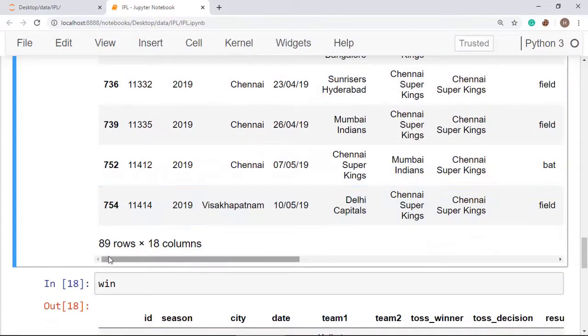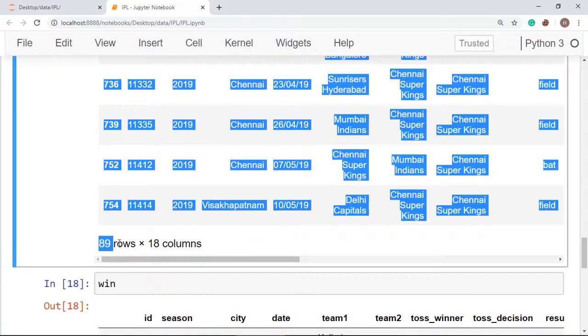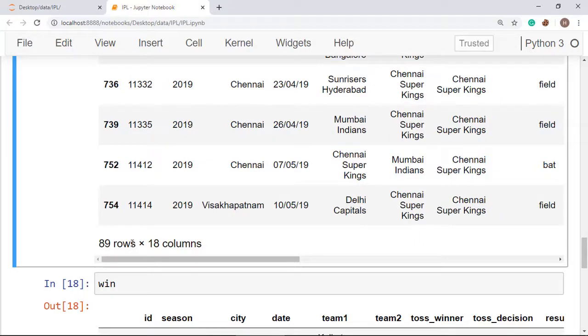So Chennai has won the toss 89 times among all the seasons. This one is showing only 89 because you know that for 2 consecutive years, Chennai Super Kings did not play any match from that franchise. All the team members of that team played for other teams.